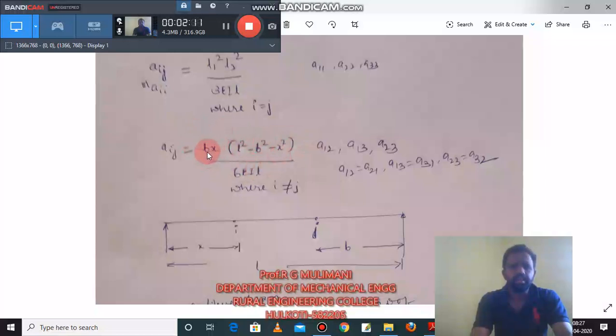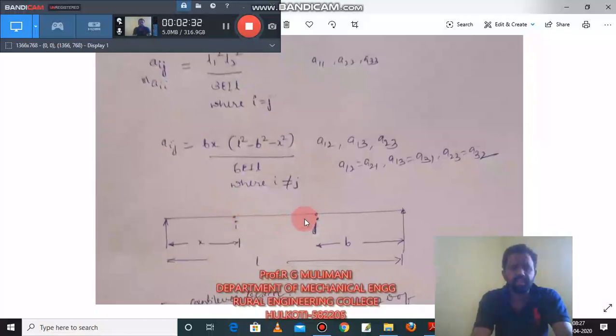What is b here? What is the first subscript in a_ij? It is the displacement of the mass i when unit force is applied at the jth position. Okay, for example, if you are looking at the displacement at these positions and force is applied at this, then b is